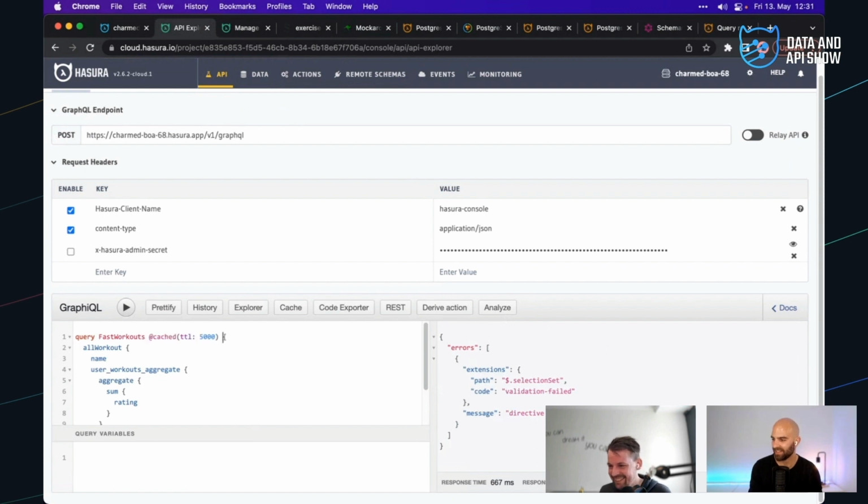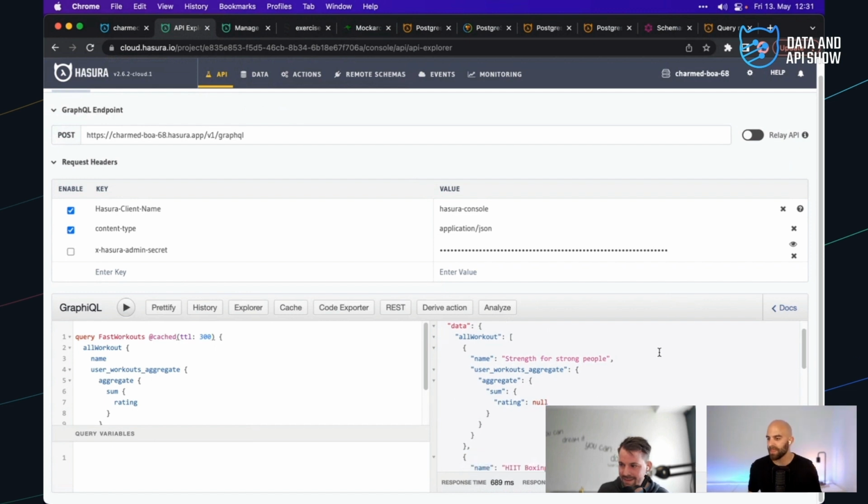There we go. So first one, maximum allowed is 3,000 seconds. Okay, fine. First one's going to be the caching call, and then you can see that subsequent requests are super snappy. 689 milliseconds, not bad.